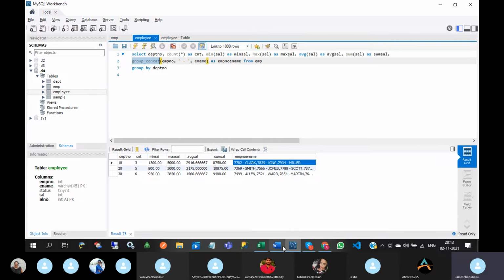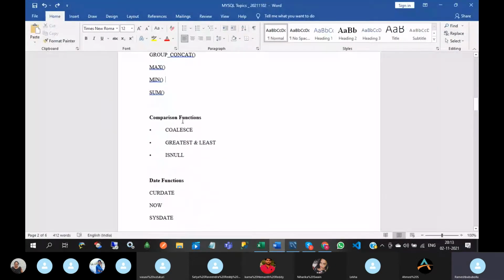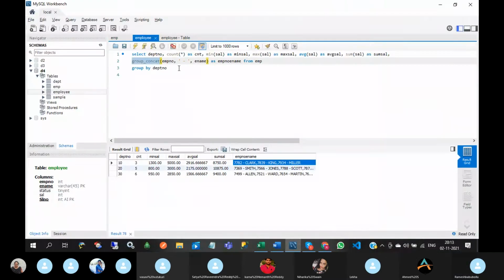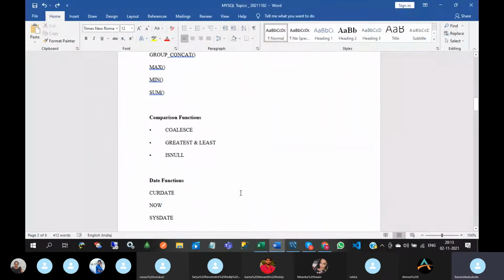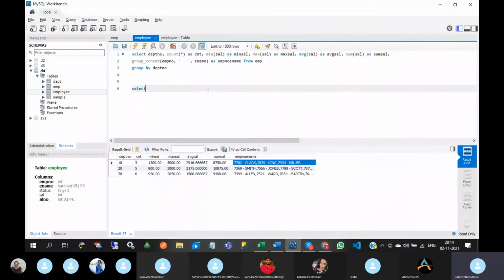Okay, so next one is comparison functions. So what are the comparison functions? COALESCE function. So COALESCE means it returns the first non-null argument.